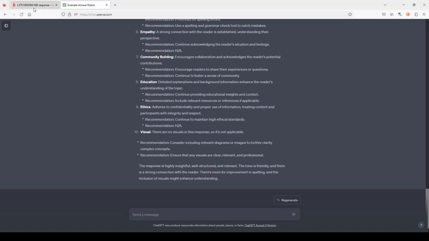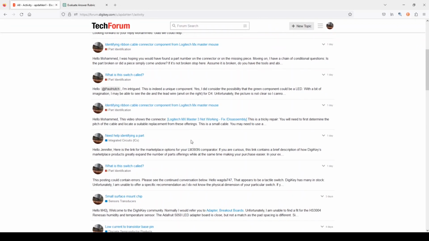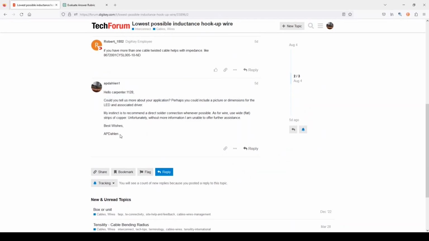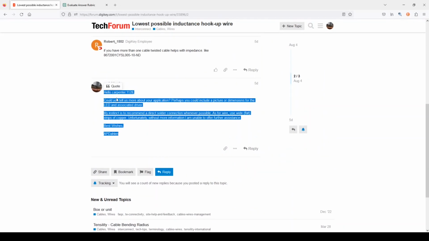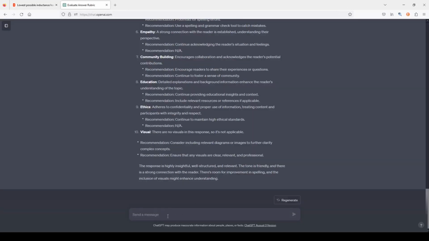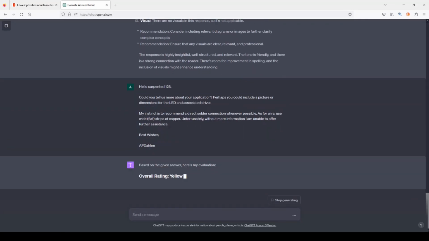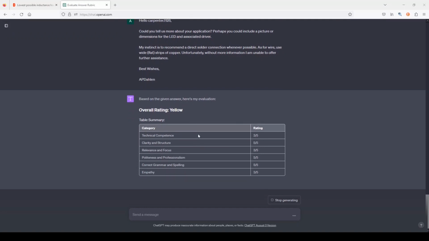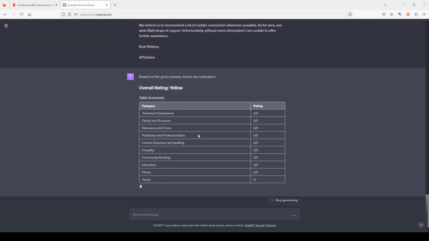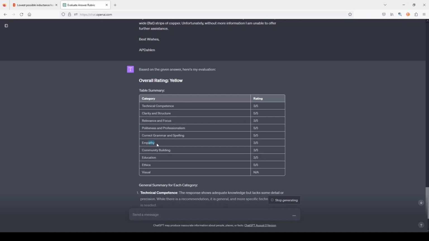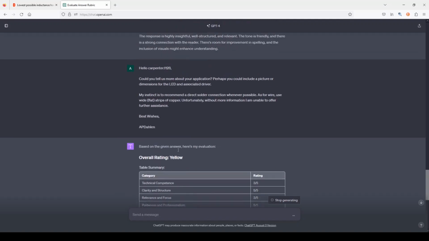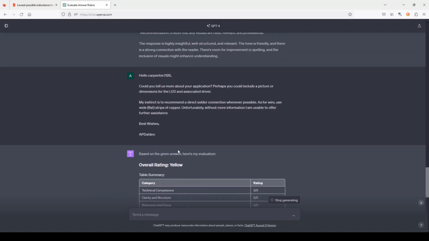Let's go back and see if we can find an answer that's not quite so polished. Here's a very short answer. Let's go ahead and post that. ChatGPT does not like this answer. It definitely lacks empathy. It has nothing to do with community building. It has nothing to do with education. So you could argue that this answer, which is fairly short, doesn't do anything to really move that conversation forward